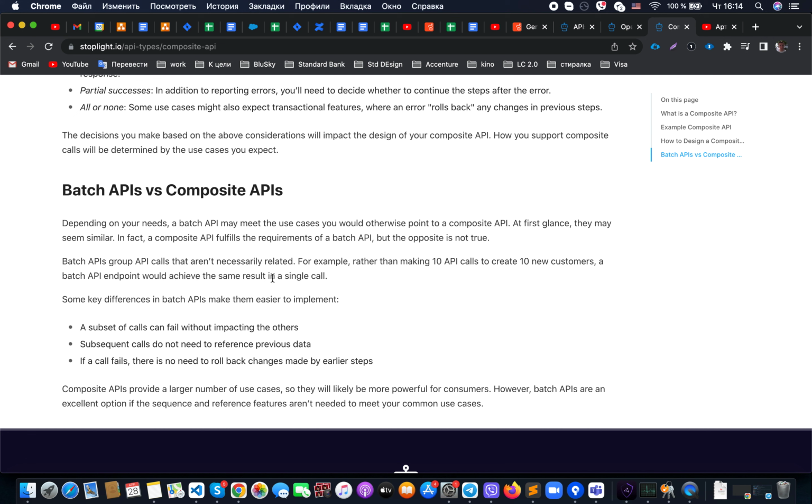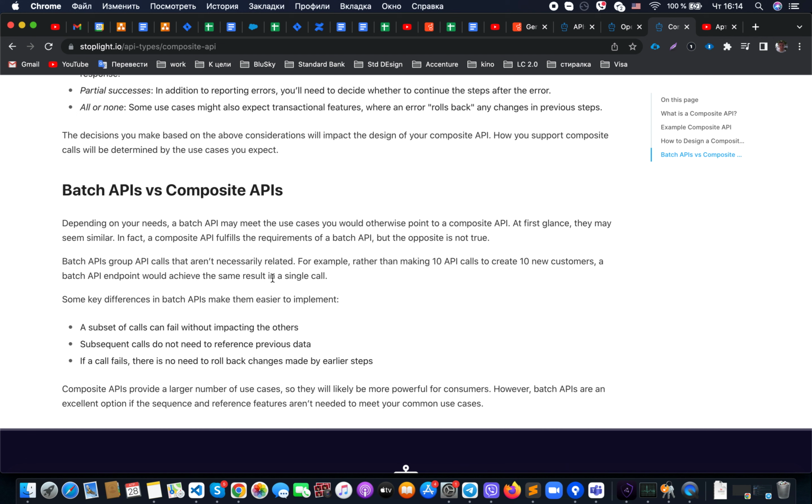And finally, what is the difference between batch APIs and composite APIs? Depending on our need, there are use cases where we need to perform similar operations a number of times, for example creating 10 different users, or 10 different customers.